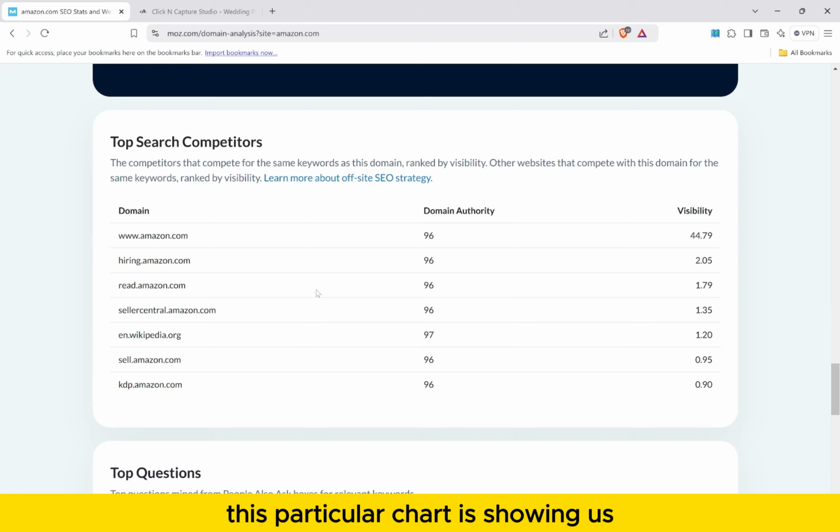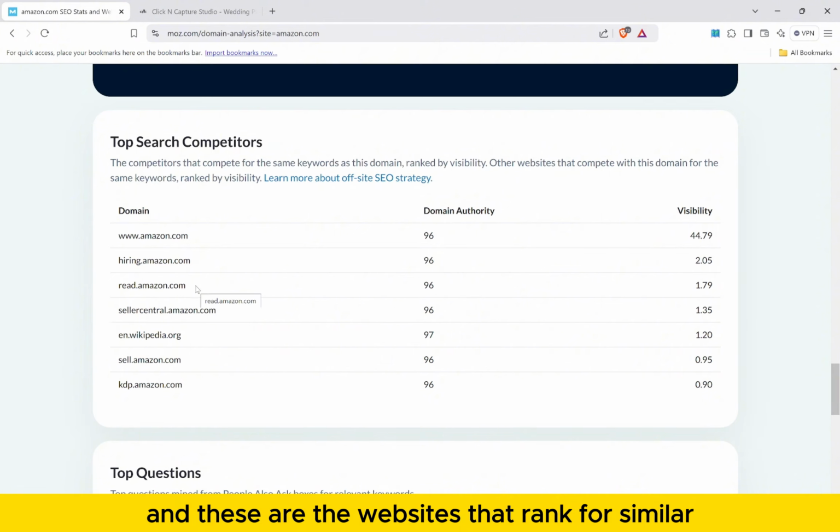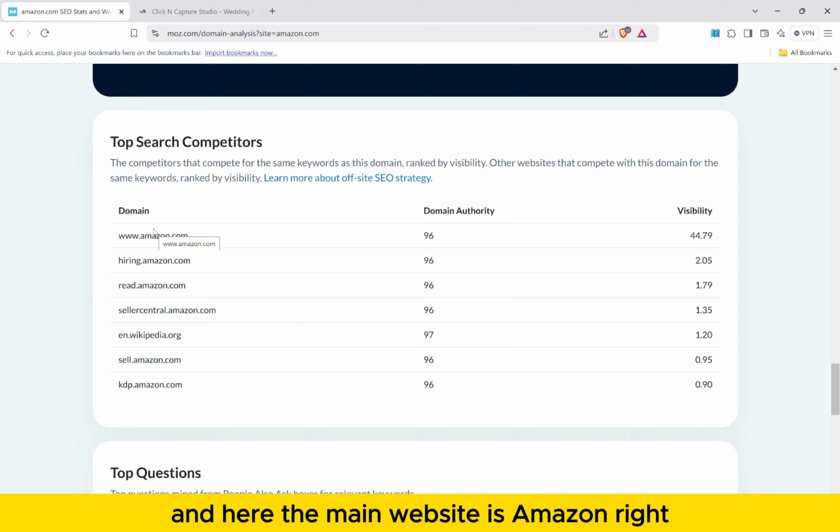This particular chart is showing us the top search competitors, and these are the websites that rank for similar keywords as the main website. And here the main website is Amazon, right? And I want to explain this step by step and it will be very interesting. Now here on the left side we can see the domains, the website or section of website competing with similar